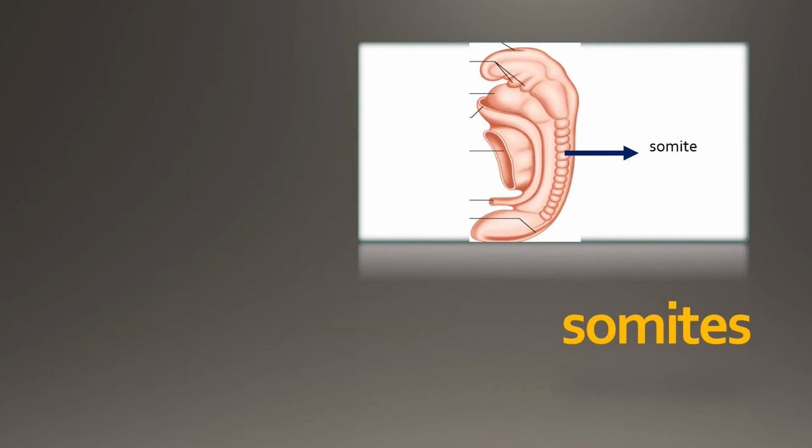Once the 4th week starts, that is, the embryonic period starts, we can also see the age of the embryo. How can we see it? Here three periods occur: the pre-somite period, then the somite period, and the third one is the post-somite period. The pre-somite period is from the 15th day to the 20th day. Already we have seen the formation of the primitive streak, notochord formation and the intraembryonic mesoderm formation. So these three things are seen in the pre-somite period.